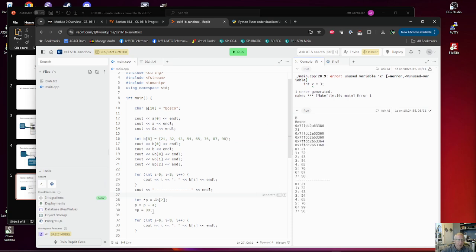What I did here is I set P to the address that contained the 43, but then I increased it by 4. So I went 1, 2, 3, 4, and therefore I modified position 6 with the 99. But again, if I print out the address of B2 and the address of B6,